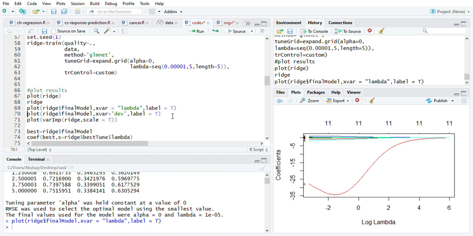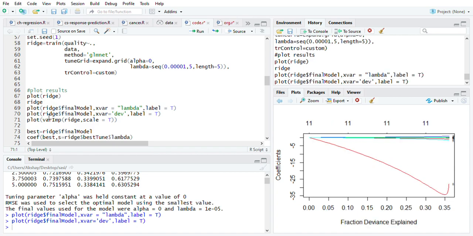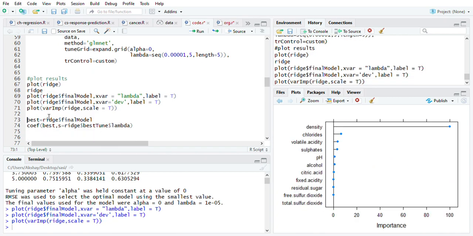In ridge regression, the error will depend on the lambda value. Here this graph will show you which variable is most important. If you see, density is more important. Density has more importance among all the attributes in the data set.